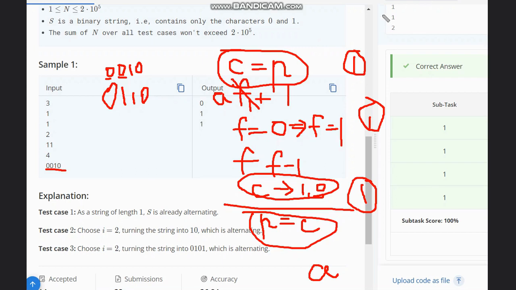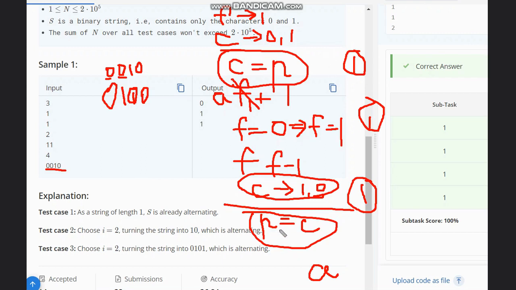Then I move to the next character. Before moving to the next character, we will also check if flip is 1, then I will change my C to 0 if it is 1 or 1 if it is 0. So my current character is flipped to 0 now, and my previous is 1.